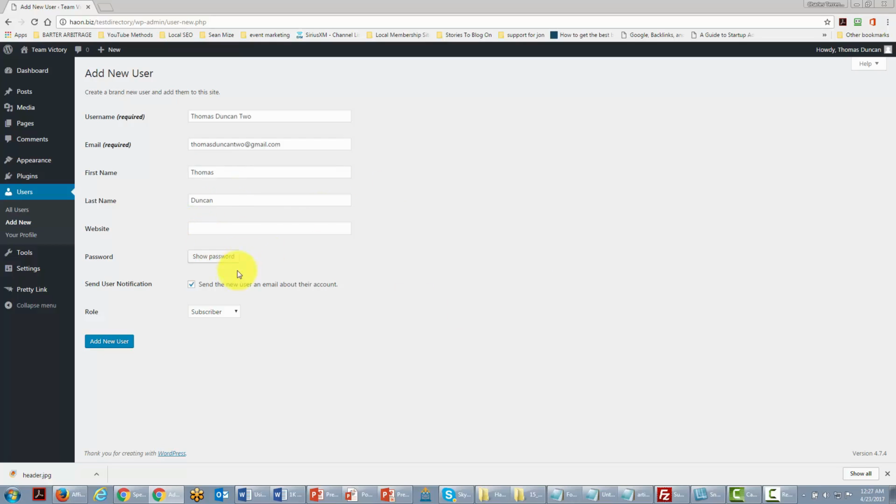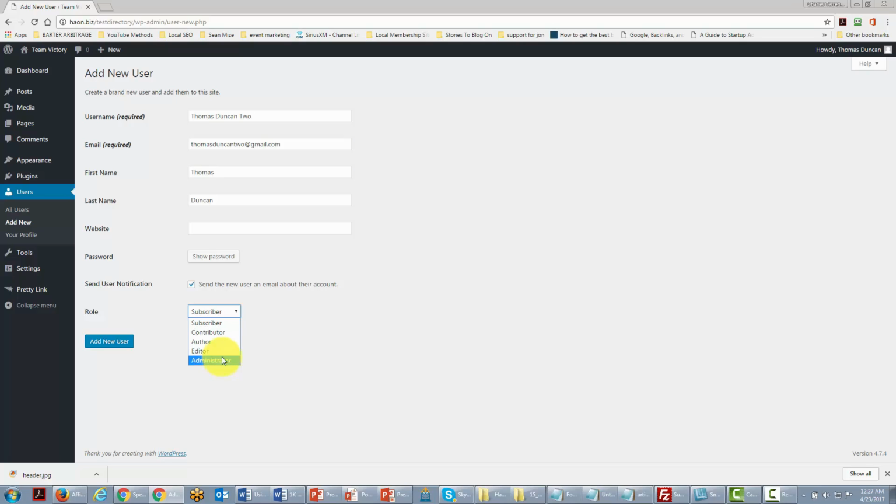Now, as we're setting up the account, we're going to make sure that the user is going to be sent their email about their password and logging in. Now, that's not the most important thing. The most important thing for us to determine is going to be the person's role. Now, if the person is actually going to run the site with us and they're going to be in charge of making some of the decisions, you may want to make them an administrator. That will give them the ability to bring people on or take people out. If they're going to have that level of authority and level of decision making,